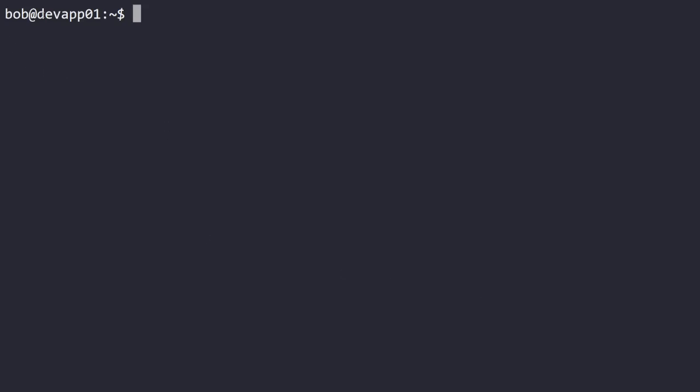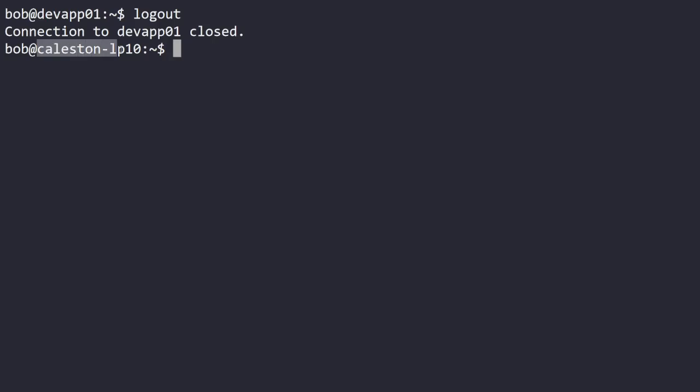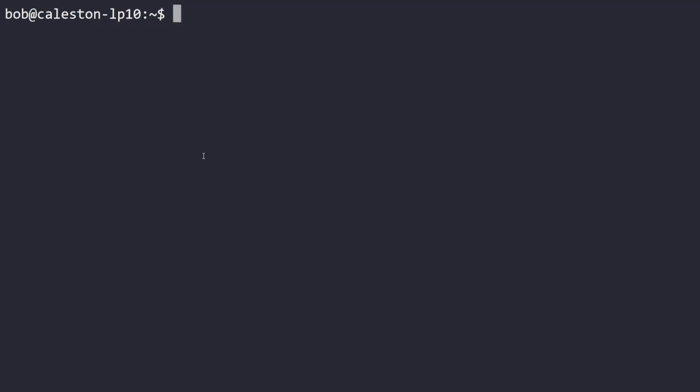As you can see, we are logged in. This is the previous one I had been on: we logged on to the devapp01 and logged out. So we run this command, enter the password, and get logged in to the remote server. But the problem is when you are doing it repetitively, like copying multiple files here and there, or you want to automate the process, what we normally do is create a key pair,